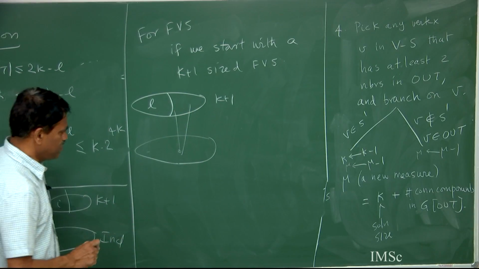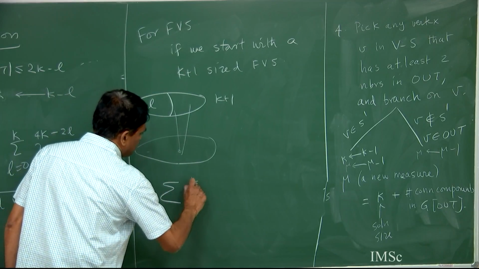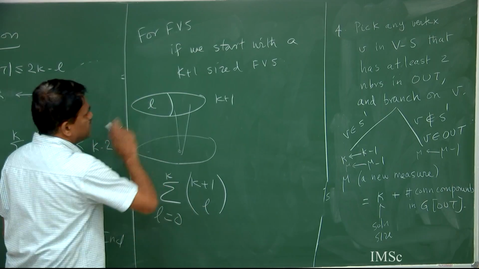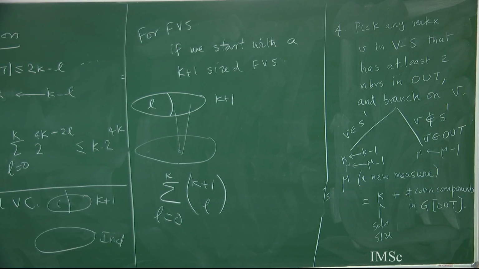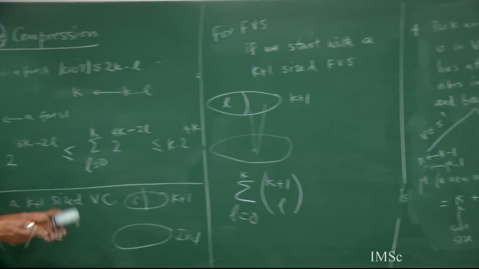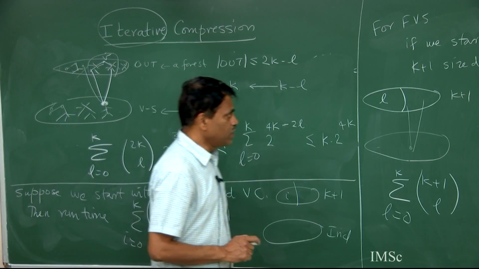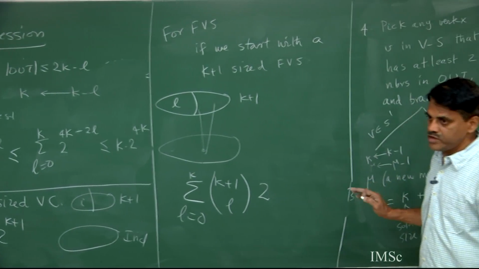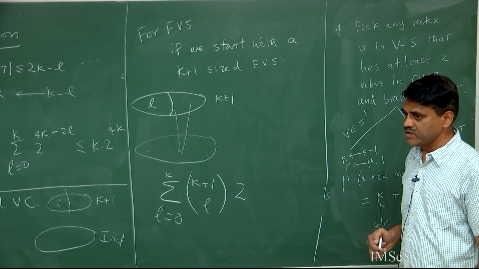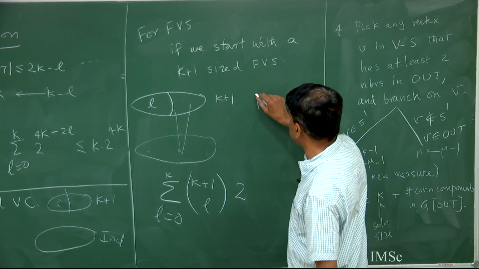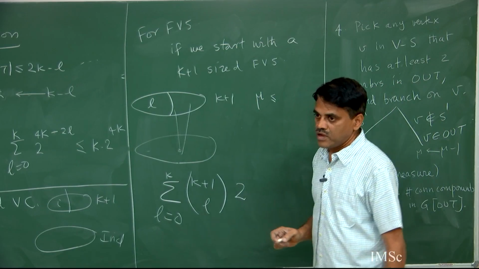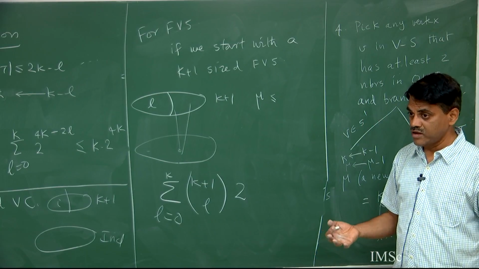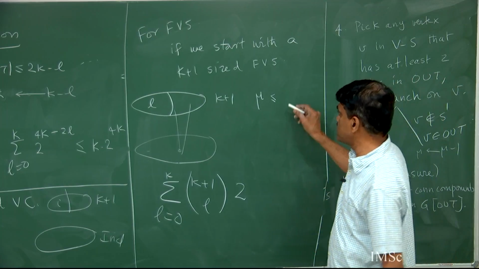So, what is the running time? Summation k plus 1 choose L, L going from 0 to k, that is the size of the intersection. After that, some polynomial pre-processing steps which I will ignore. So, 2 power what? Then we had a two-way branch. 2 power mu. What is mu here now? Let us be careful here. Mu is, what is my new budget? k minus L. I picked L and I am allowed k. So, k minus L